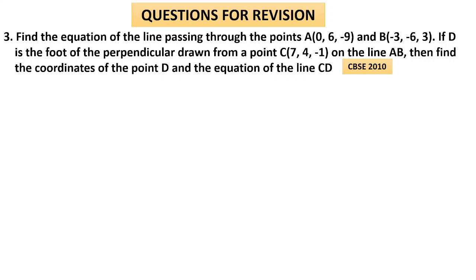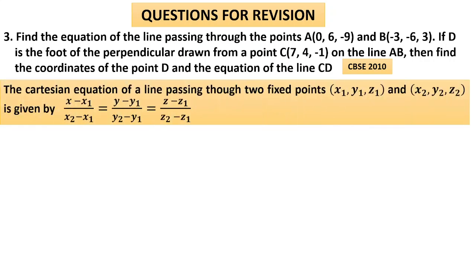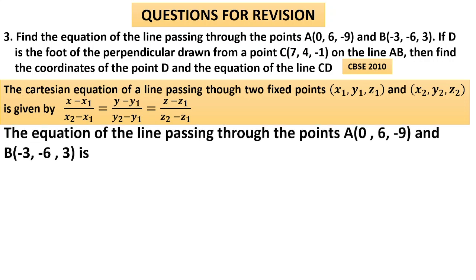If D is the foot of the perpendicular drawn from the point C on the line AB, then find the coordinate of the point D and the equation of the line CD. So many questions have been asked in 2010. Let us see. This is the Cartesian equation; always we know, we will take the first point 0, 6 and minus 9